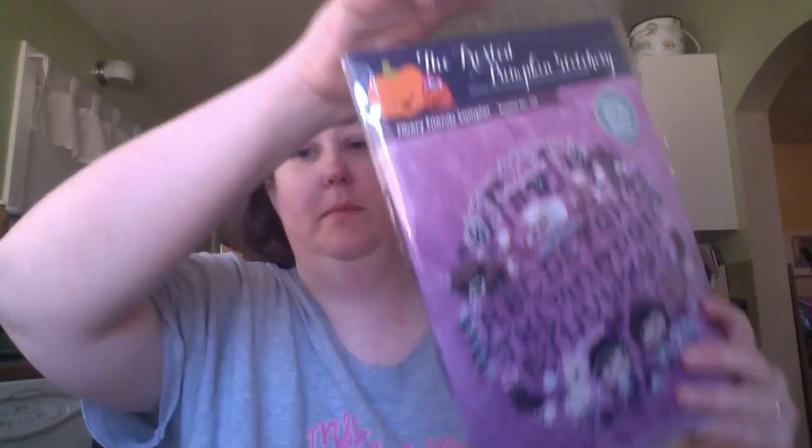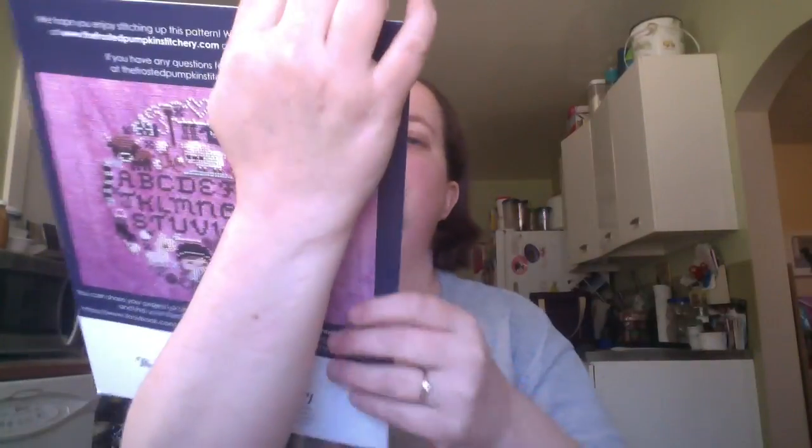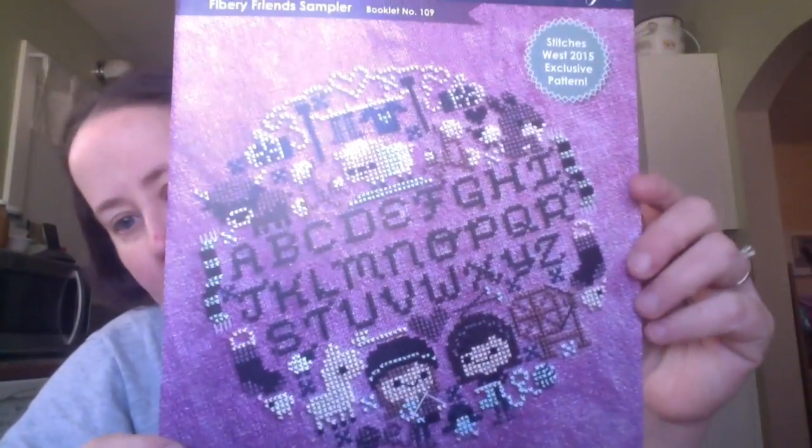And the next thing is also cross stitch. I splurged and I got the Frosted Pumpkin Stitchery Fibery Friends sampler, because I had to. I actually was going to buy just the chart, but when I saw how much the kit cost,